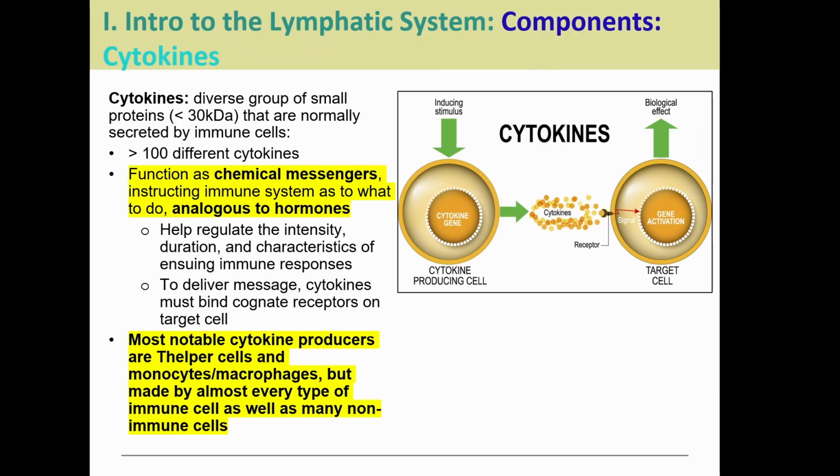Next, we have some other smaller components. We have the cytokines. The cytokines are a very large group of small proteins. I know it's a little confusing when you say it out loud. There's a lot of different cytokines. They generally are secreted by immune cells. We know of over 100 different ones. And these serve as chemical messages. So this is going to help signal to another cell on what to do or what's going on.